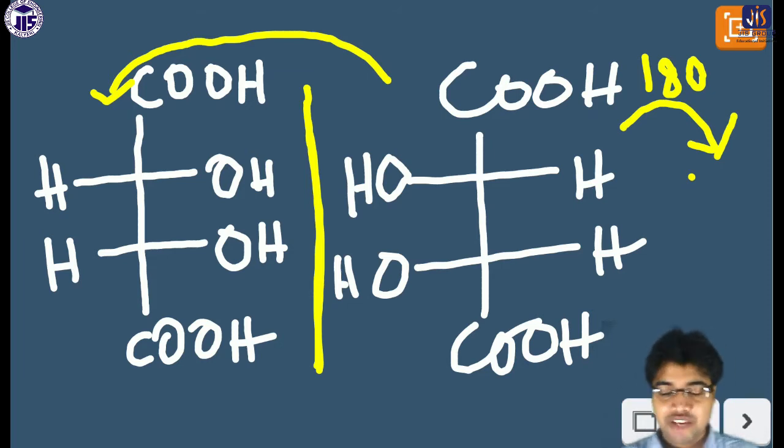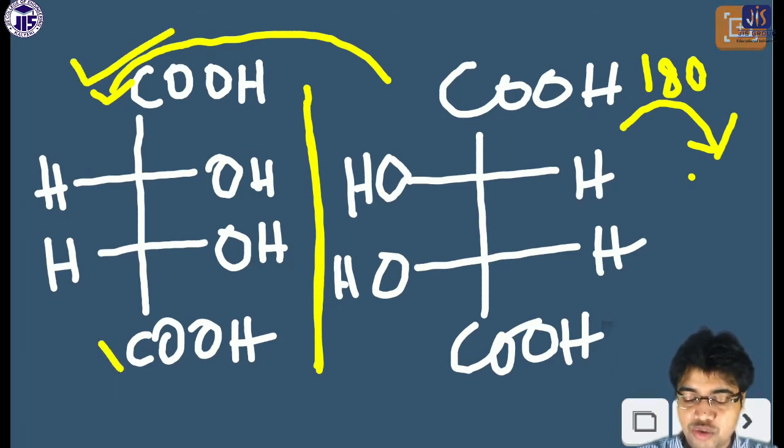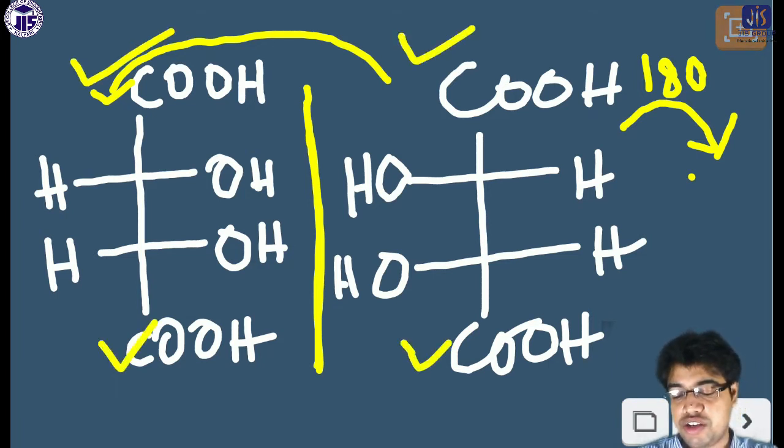But I will give you one example, then you have to tell me what the relationship is between those two. These two are homomers, there is no question about this. These two are homomers because if you rotate 180 degrees, there are two CH groups in both cases. There is the CH group, here is the CH. So if you rotate, there will be no effect.